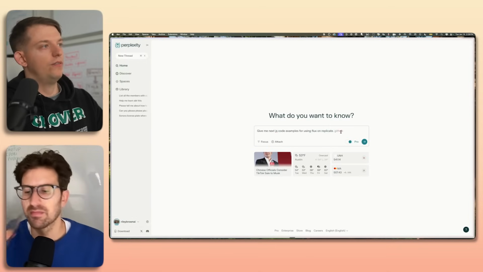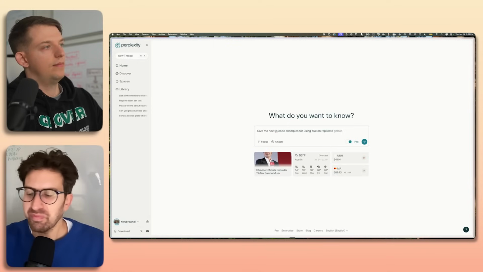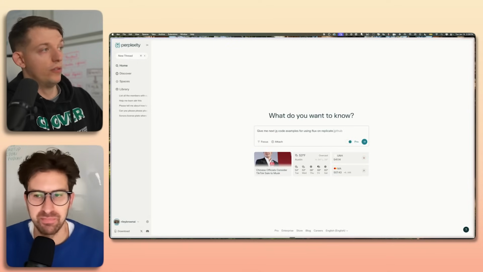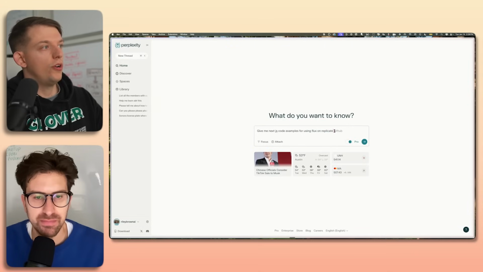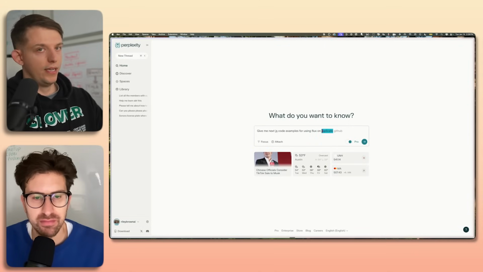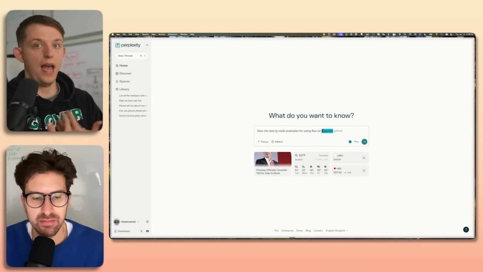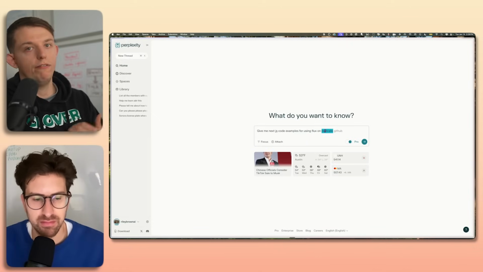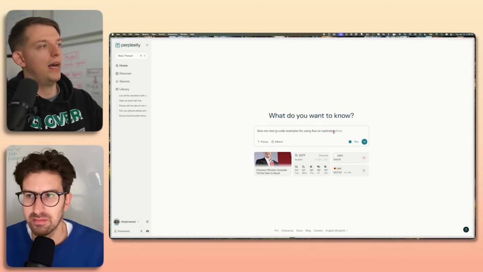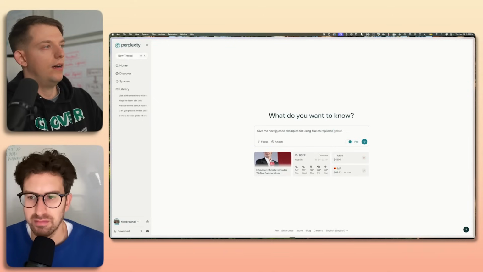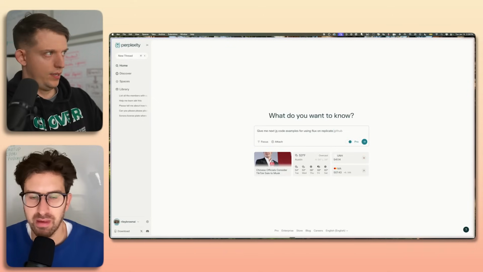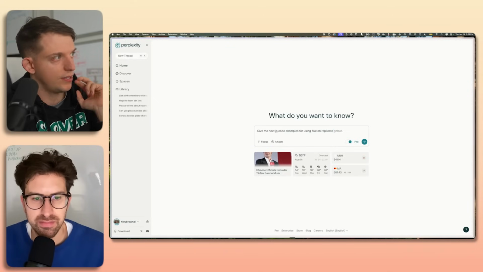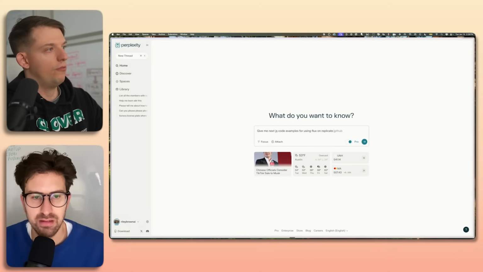Replicate allows you to very easily get a bunch of these creative AI models, or a ton of AI models in general, which is one good thing to know. If you are new to coding and you're just now building things with AI and you want to add AI features, look up Replicate or Fal.ai. These are all platforms that make it easier to do that. So we can say, give me Next.js code examples for Flux on Replicate